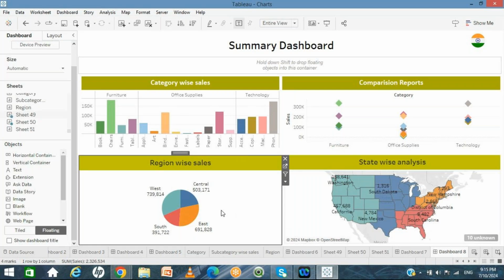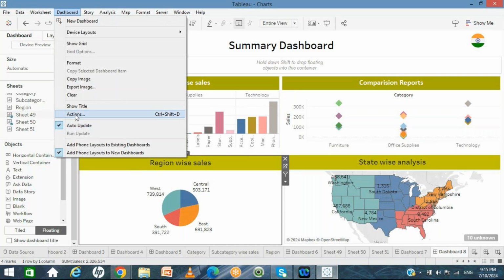You have to make the relation. That is important in Tableau. Whereas in Qlik, there is no need to make the relation. Those are associative tools, so automatically each and every chart has some relations. But in Tableau you have to make the relations. So there are two ways. One is